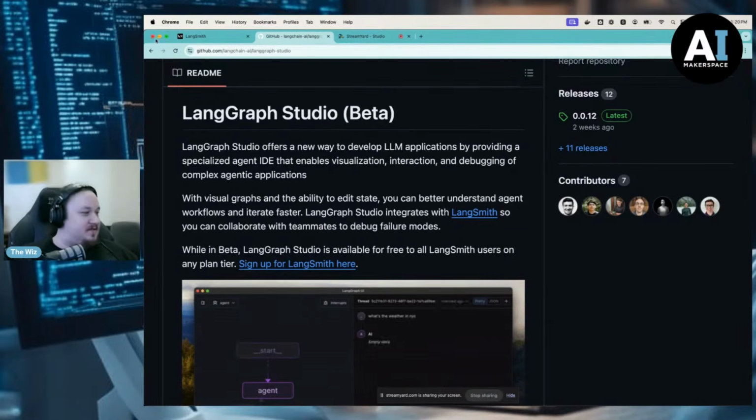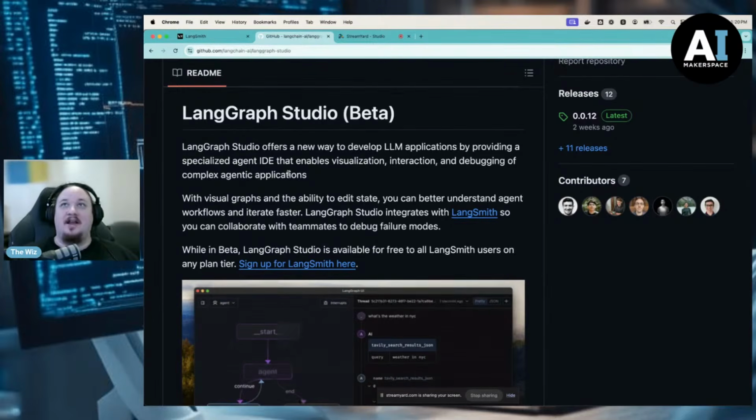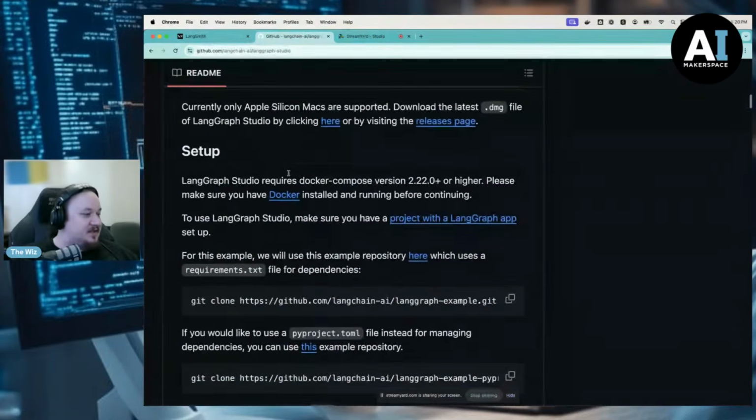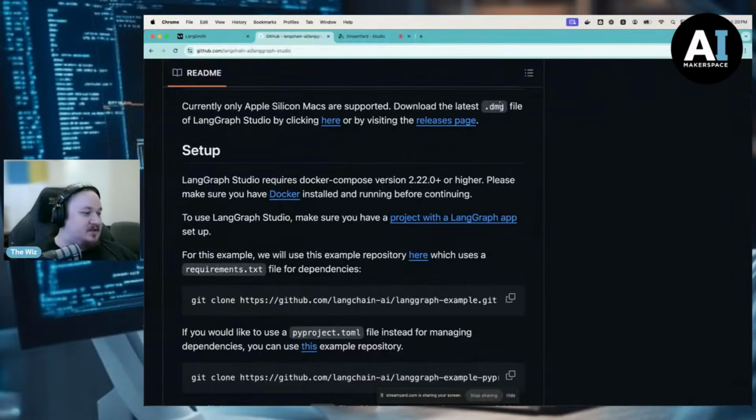You might notice that we have some Mac feeling widgets right up here. And this is because as of right now, this only works on Apple Silicon. So in order to use this, you will need to make sure that you have Apple Silicon. If you have it, you can just download the DMG and then drag it on over to your applications. So, the installation is pretty straightforward. You do have to make sure you have Docker version 2.22 at least. So once you have that, what you can do is just git clone this example repo and then